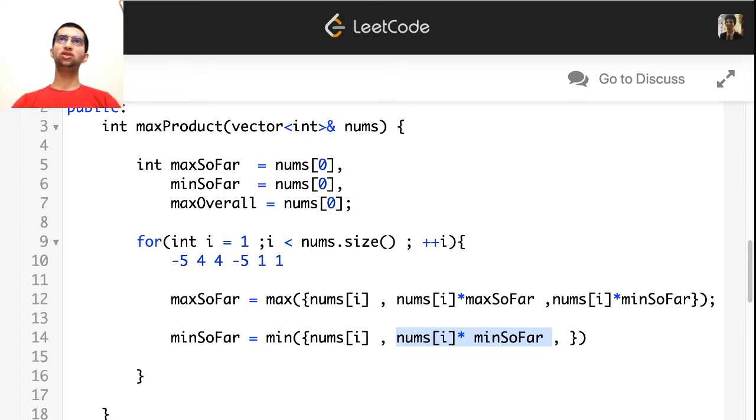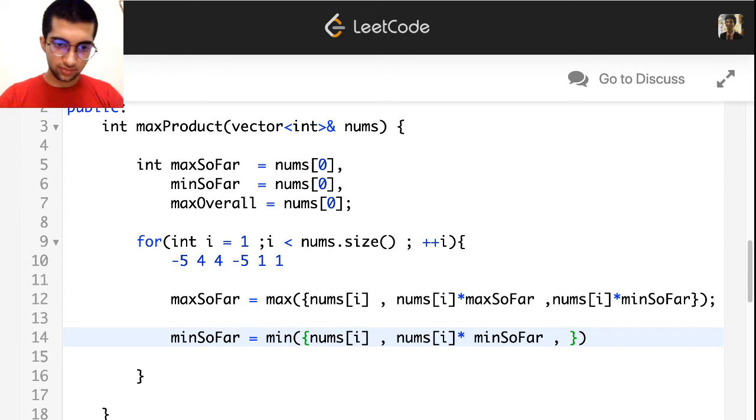What if right before you also there was a negative element, and so the minimum answer would be your minimum with the previous minimum, which would be taken with this min so far, and also your minimum with the previous maximum.